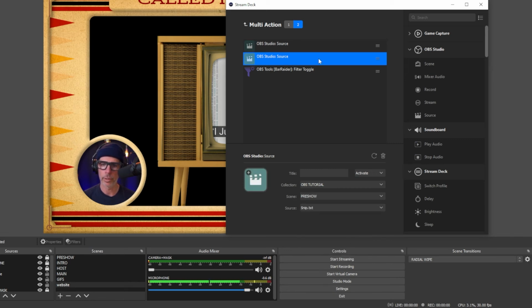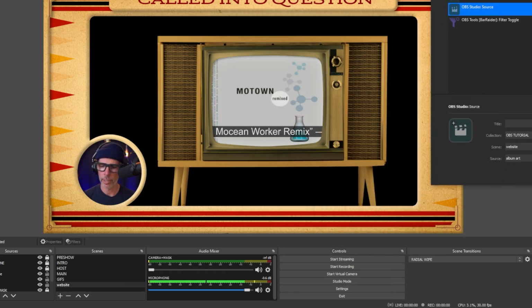All right, second source is going to be the album art. Set this to deactivate. And then go and get album art. All right, now you'll see what I mean. When I press this button now, my button on my Stream Deck that we just set up,